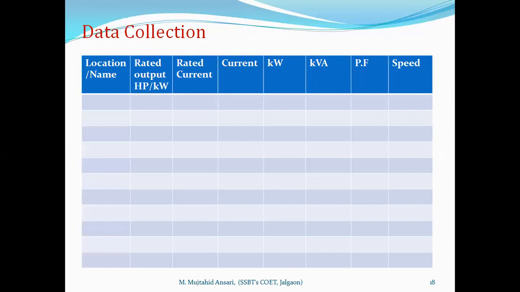This is the table which we have already discussed. We have to make one chart: rating of the motor, rated current, actual current taken by the motor, actual kVA, power factor, kilowatt and speed. From this chart we can come to a suitable conclusion. Either we have to change the motor if it is oversized. If the motor is rewound many times, it should be replaced by an energy efficient motor. And if the motor loading is small, less than 50%, we can change the connection of a delta connected motor